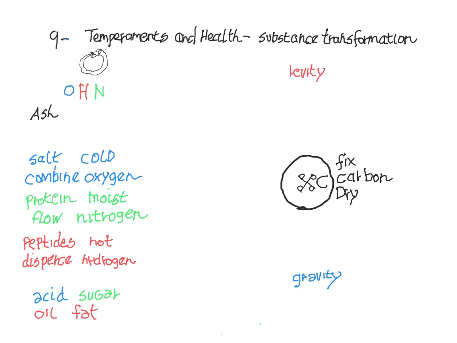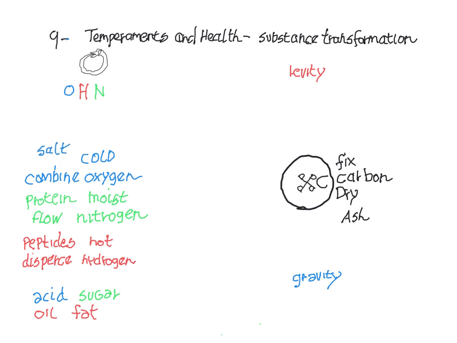Dryness fixes things. And in the fixing of things to dryness, there is the production of carbon that an alchemist would say is an ash. So in that one pole, the carbon pole or the dry pole, we have a fixing principle, and the ash is moving towards the quality of gravity. It's falling out of a levity state and moving into gravity. And within the ash, there are salts in the ash.